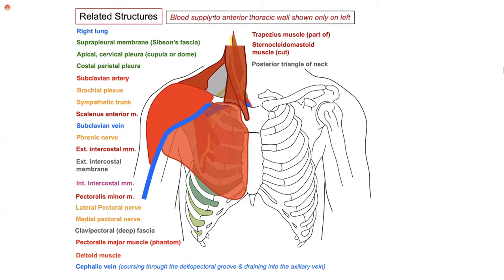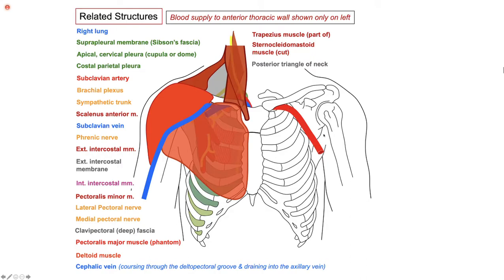Now, let's talk a little bit about the arteries which are supplying the anterior wall, but we are showing them on the left side. Remember, they are also on the right side, but here I have to show these muscles. So here I'll be showing you the major arteries which are visible for the anterior thoracic wall. We talk about this artery. Remember, who was this artery? Subclavian or axillary? Axillary. Why not subclavian? Because we learned that the axillary artery commences at the outer border of the first rib. This is the outer border of the first rib. And it goes where? Till the teres major. So this is my axillary artery.